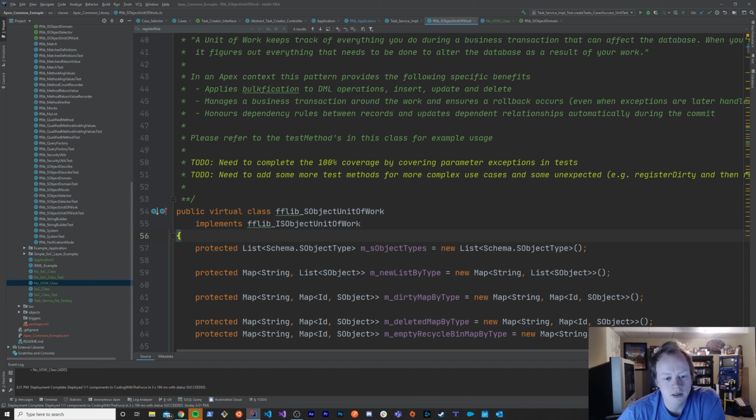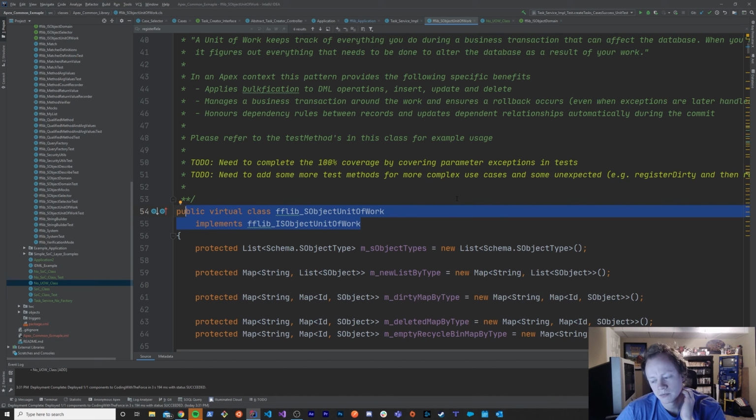So the first thing that we're going to do is just see how we implement the fflib SObjectUnitOfWork class and how we actually leverage it in some code. And then once I've done that, I'll go over some of the methods in this class that I may not have actually gone over in the example. If you want to know why you would care to do this, because I always end up talking about that in these videos,